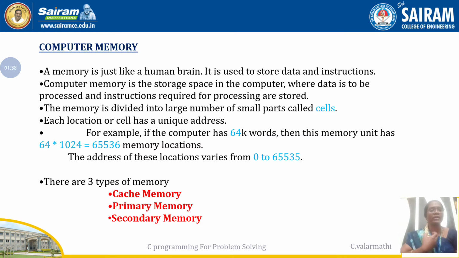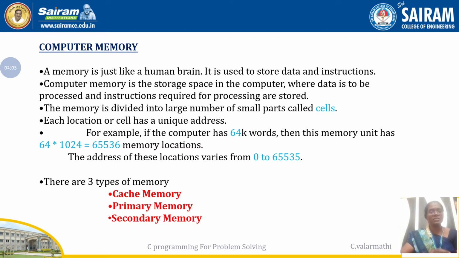How do we refer to it? If I want to store the value 15 in my computer memory, there should be one address assigned to that cell. We assign it by giving a unique address. It is a continuous memory allocation, which we will see in later, higher semesters.